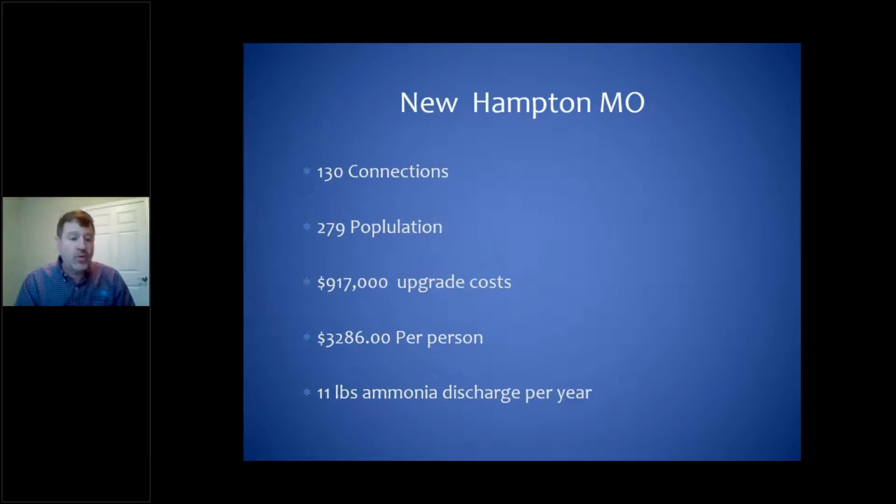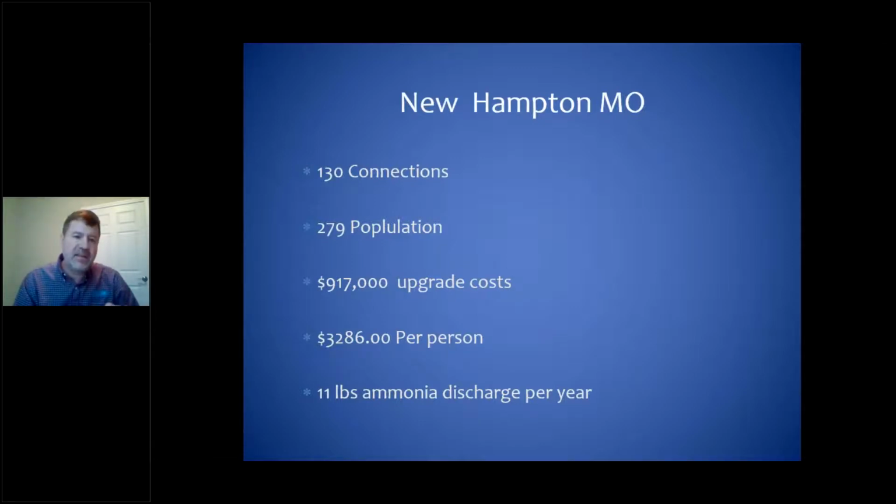Rural Missouri and rural all over the Corn Belt, same thing. Just another example here: a very, very small town, $1 million to upgrade, and they discharge 11 pounds of ammonia per year, and they're out of compliance with EPA. So what's happening is they keep twisting the screws tighter and tighter on these and putting the cost on people that have nothing to do with agriculture directly. My point is, this is not the correct target. It is not coming from wastewater plants, yet the consumer is being made to clean it up.